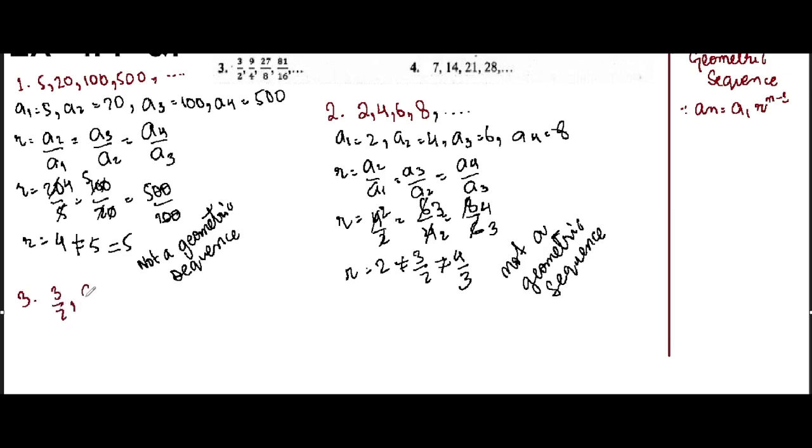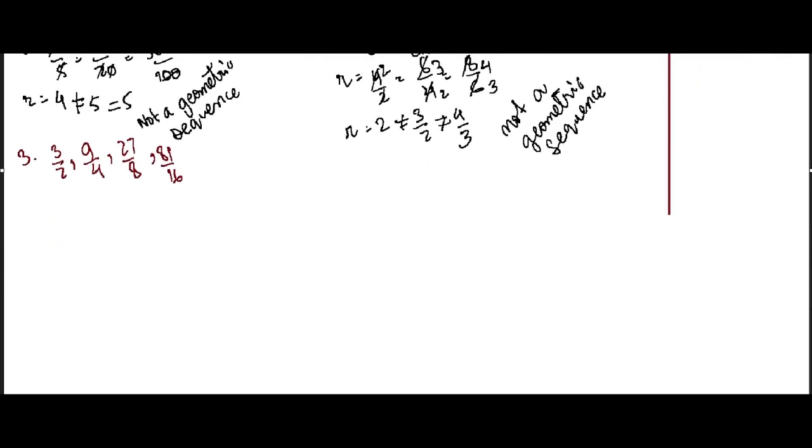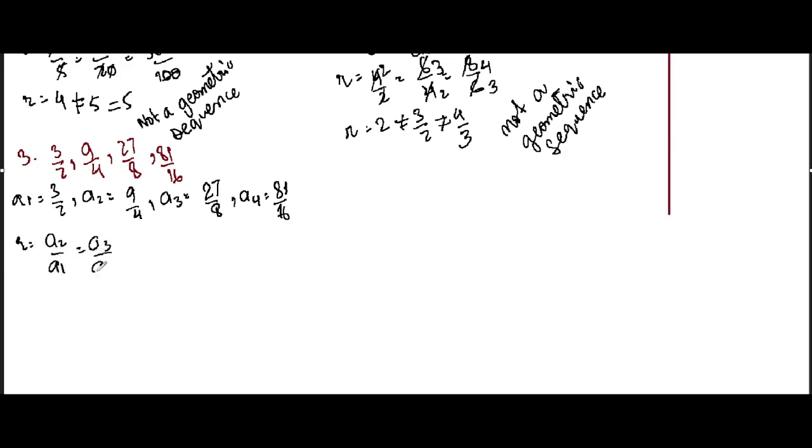3/2, 9/4, 27/8, 81/16. Okay, now we have to check if it's a geometric sequence or not. a1 is equal to 3/2, a2 is equal to 9/4, a3 is equal to 27/8, and a4 is equal to 81/16. Now r is equal to a2/a1 is equal to a3/a2 is equal to a4/a3,